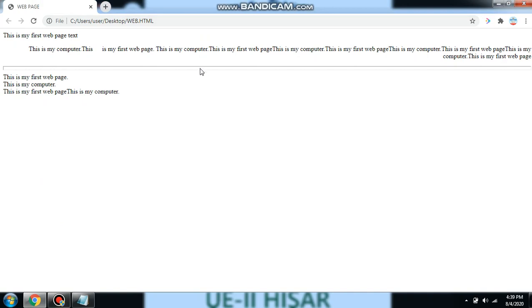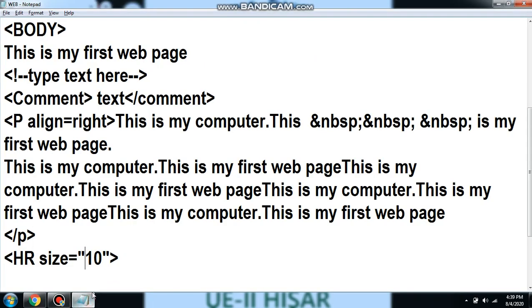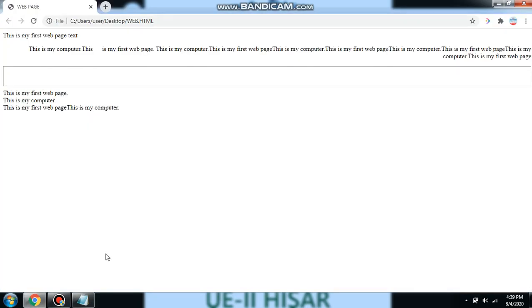Earlier a very thin line was there. Now it is thicker. Now again I am changing the size. Instead of 10, I am putting here 50. Control S for saving, F5 for refresh. These are the shortcut keys. So here you can see now the size is larger.